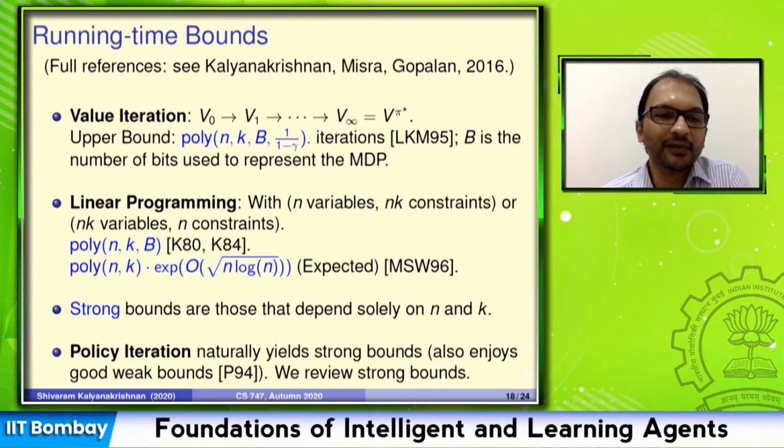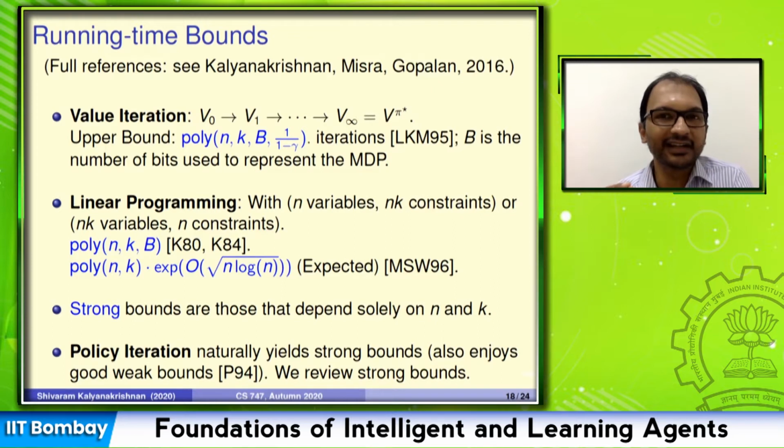So policy iteration, it turns out, you can show both non-strong bounds. Policy iteration is known to do at least as well as value iteration in terms of the number of iterations. But it can also support strong bounds. We know that every policy evaluation, the step that happens in every step of policy iteration, is a polynomial time step. And the number of steps that policy iteration performs is also at most k to the n. So policy iteration is almost set up to provide strong bounds. So the question is, how tight can we make the upper bounds for policy iteration?